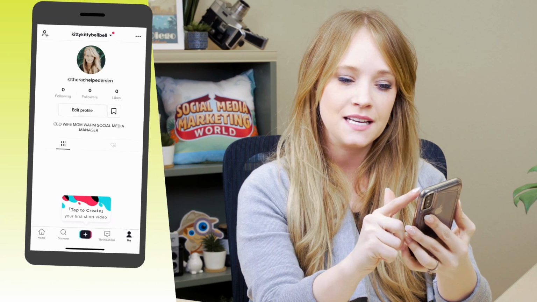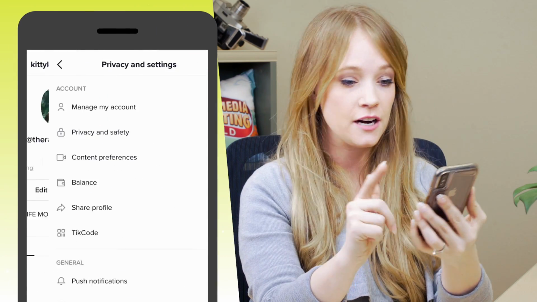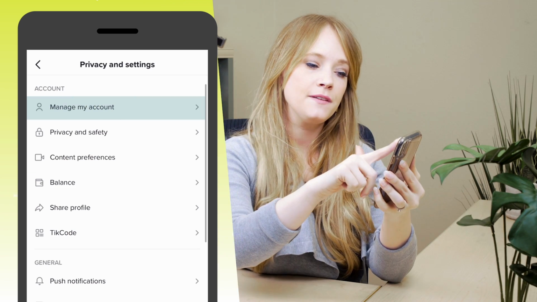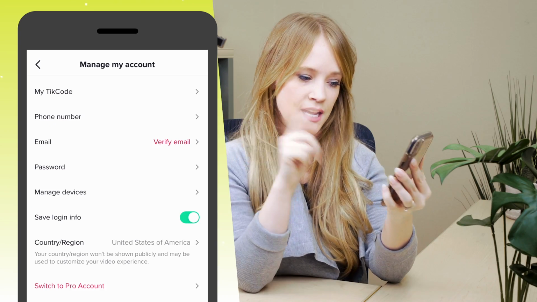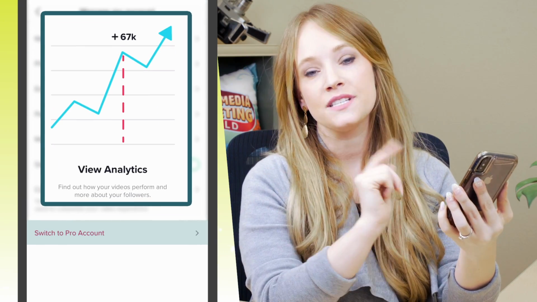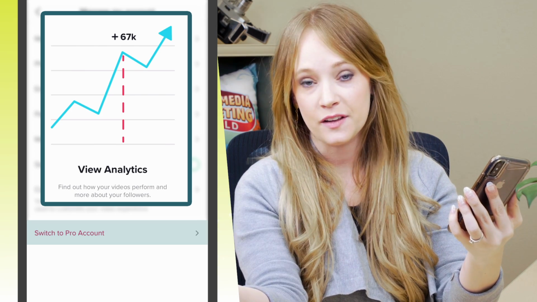There's also an option that you can pick at any time. And of course, you can toggle back and forth from this by selecting the 3 dots in the upper right-hand corner. And that is the option to go pro. That is available at the very top in Manage My Account. And you'll see in red, it says Switch to Pro Account. By doing so, you are now able to access analytics as they become available. And it's really neat, especially from a marketing standpoint. It's also important to keep in mind that at least at this point in time, you can switch back and forth at any time between pro and personal. So I say grab the analytics.